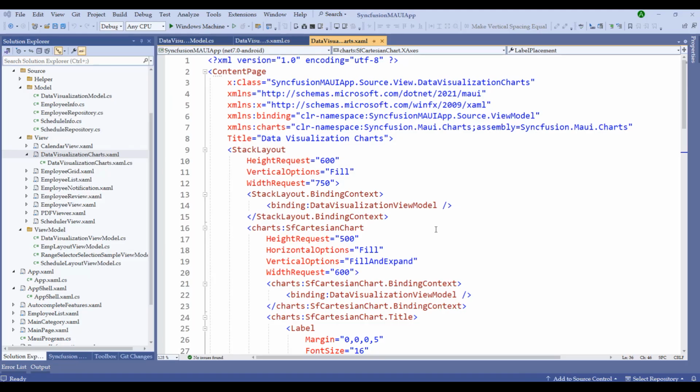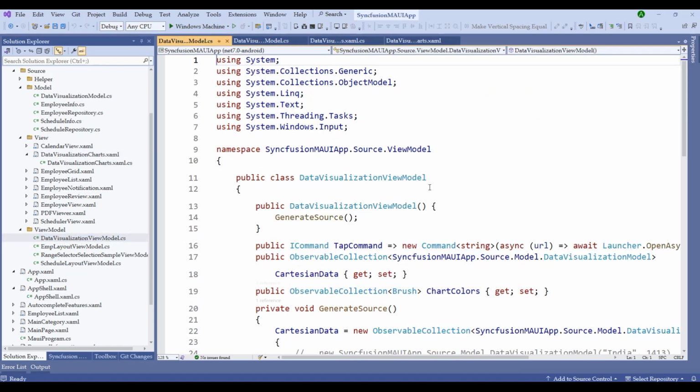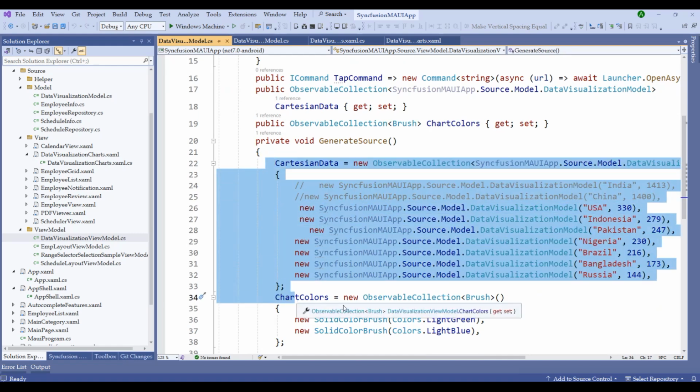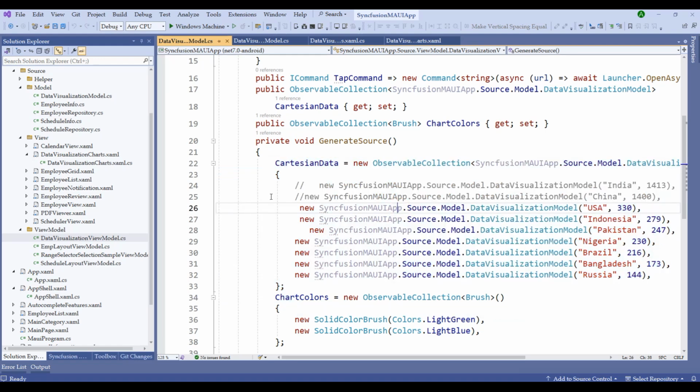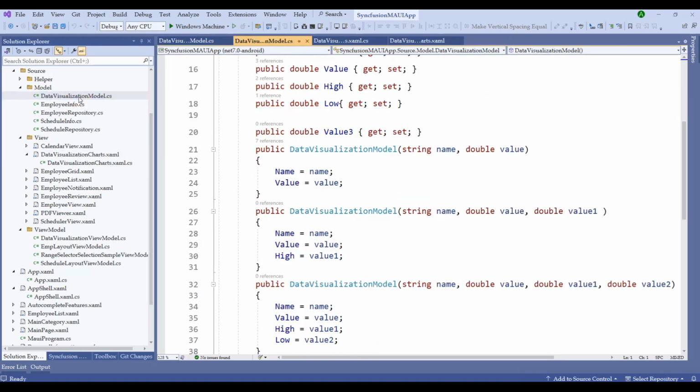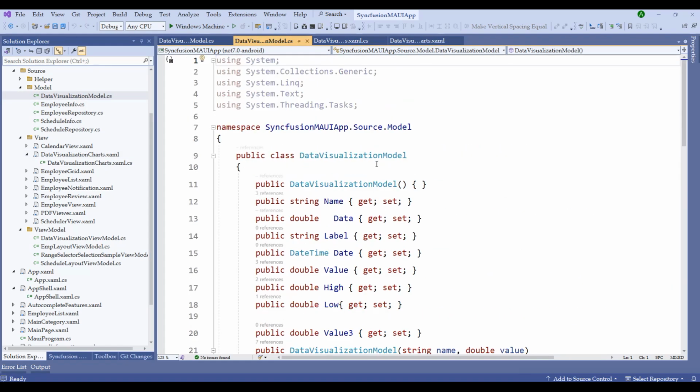We will continue using the same project that we have been using from the previous session. In the previous session, just to recap, we created a data visualization .xaml file, and then we also created a view model, which is the data visualization view model, to bind the data. Now we don't have the APIs built into this project, so we have created the sample data and we have bound the data to the data visualization charts.xaml under the binding context. We have also created a data visualization model to create the class object which holds the data visualization for the